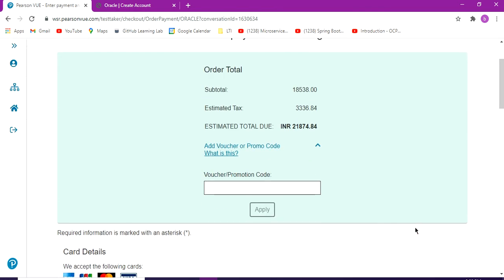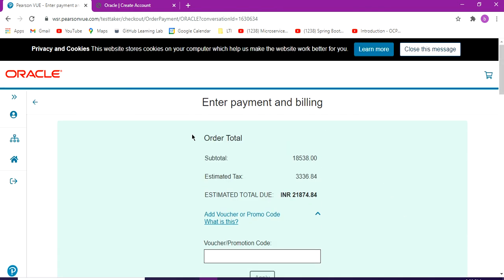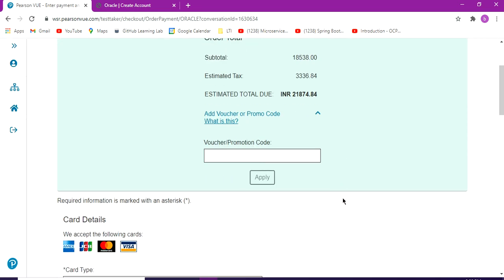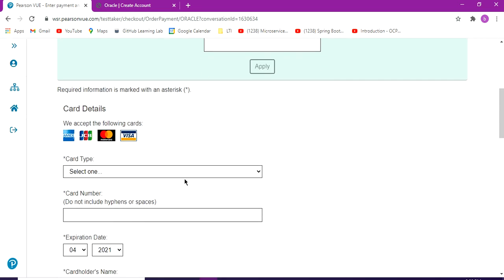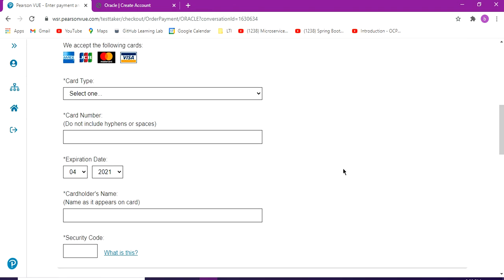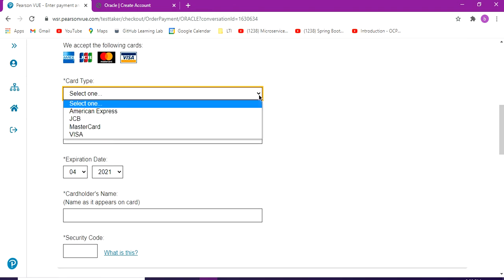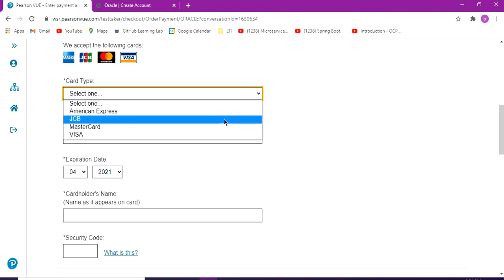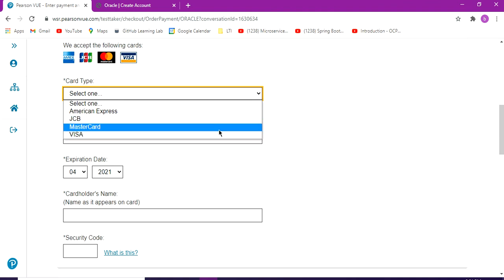Yes. Now, see, your order total will come here, and here is the option to give your card details. I will not proceed further. We have to choose American Express, JCB, Mastercard, or Visa, which I think will be common to all of us.